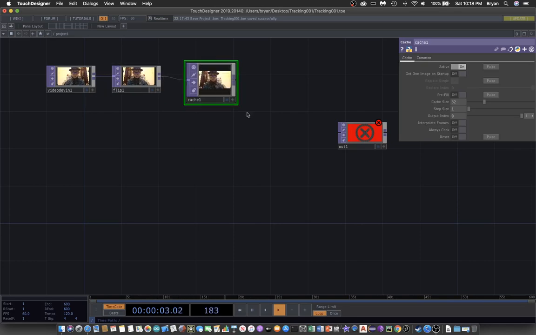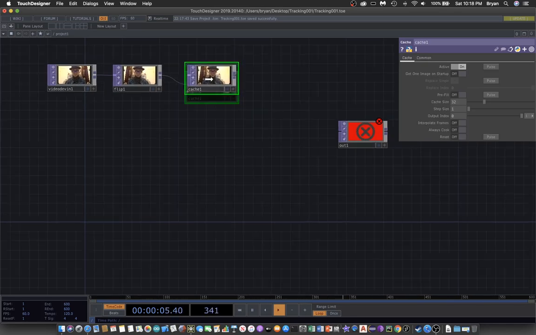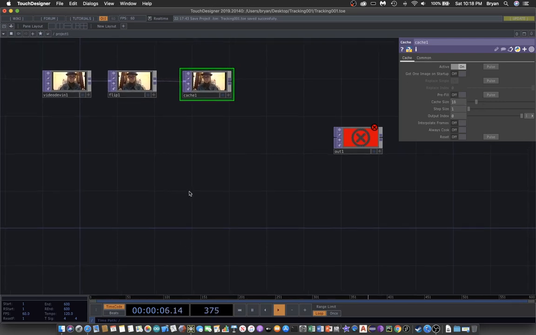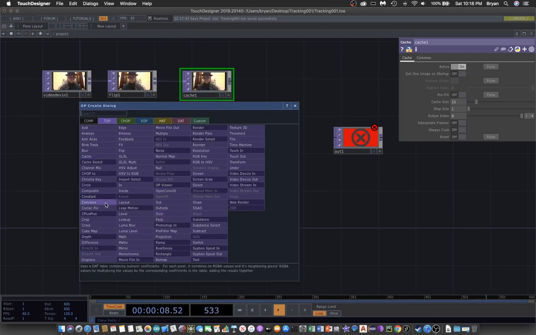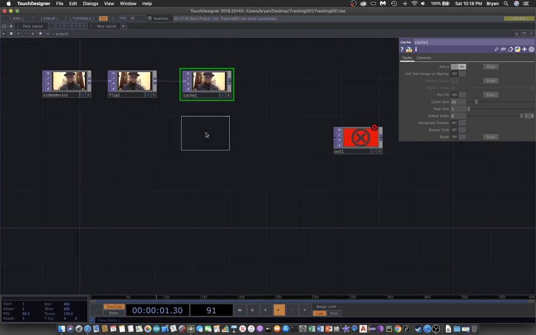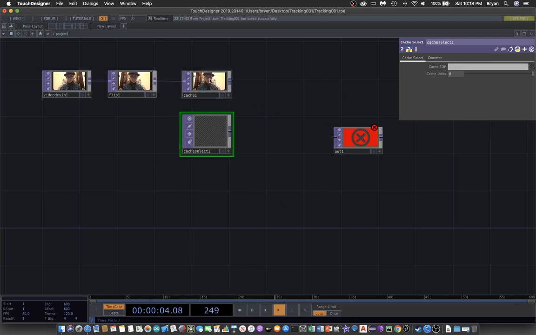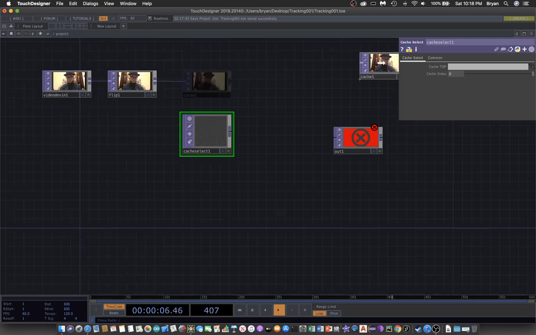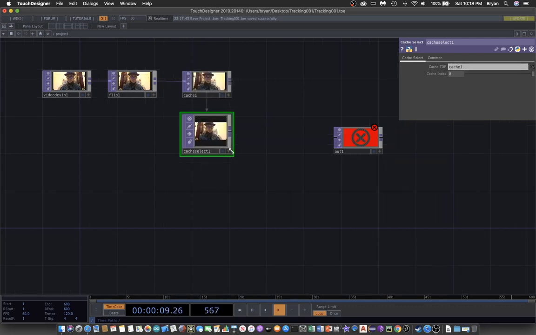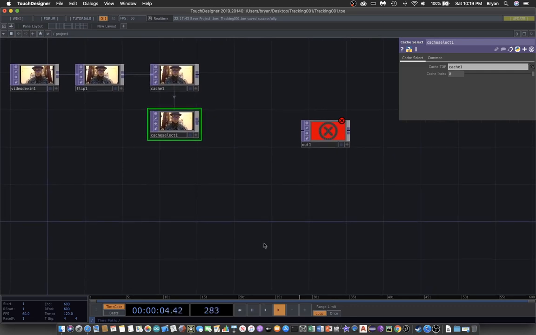So the first one, and if you do not want to use 32, then you can reduce it, for example to half of them, 16 will be enough. Next step we'll do the cache select similar to the last one by dragging the cache into the cache top of cache select. We keep a storage of the 16 images,